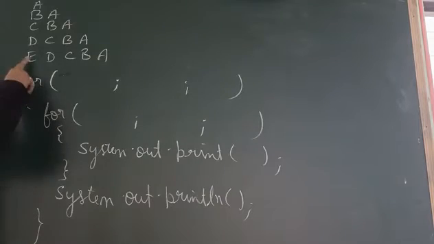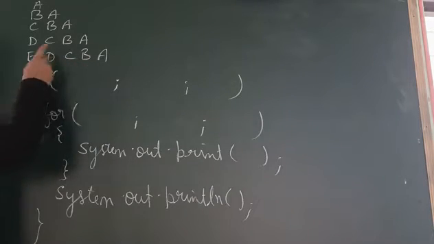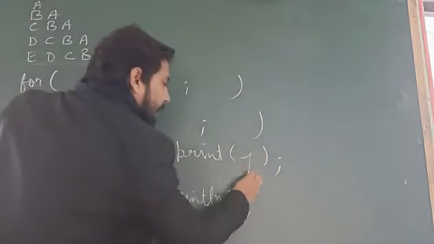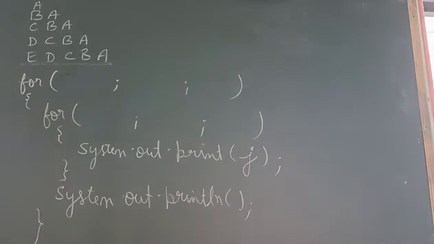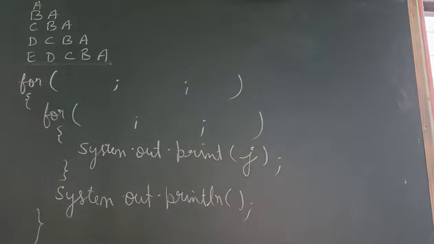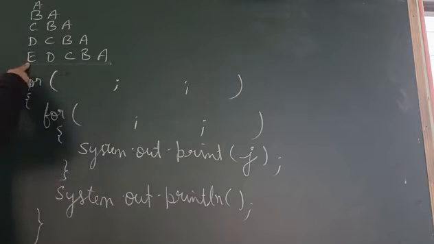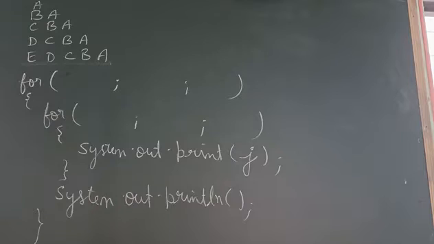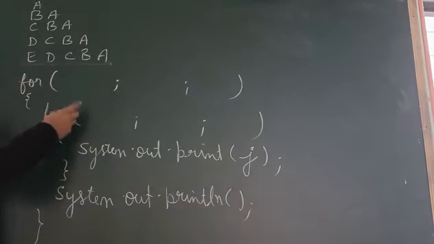Now just see E, D, C, B, A. The values are different in a single horizontal line. So what is going to print here? J. And when J is printed, then in which loop are we going? Your inner loop. And in the inner loop we also have our first condition, that is one updation. So E, D, C, B, A. Are the values in increasing or decreasing order? I think it is decreasing, because E, D, C, B, A.